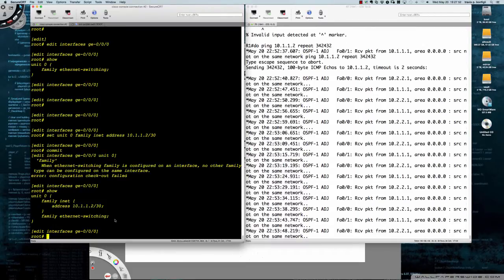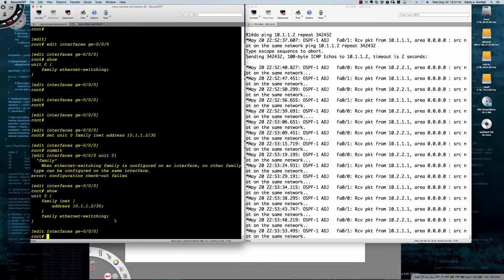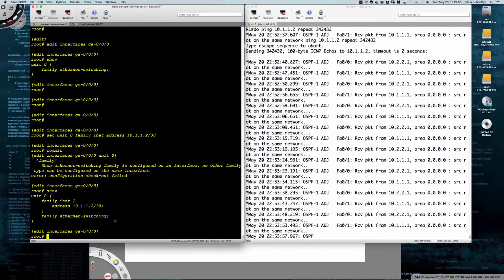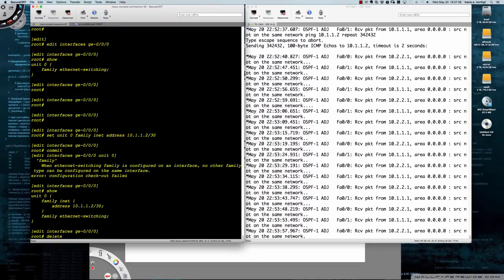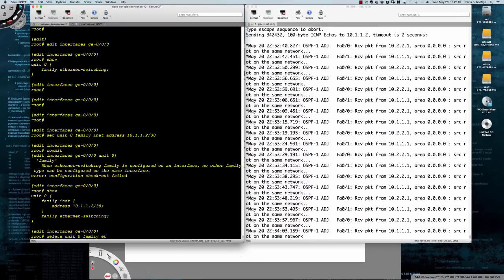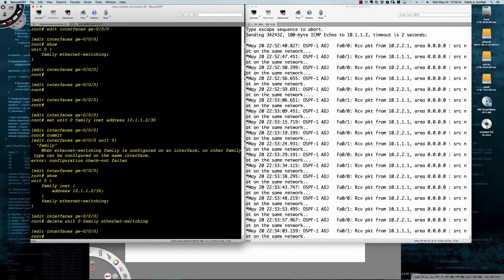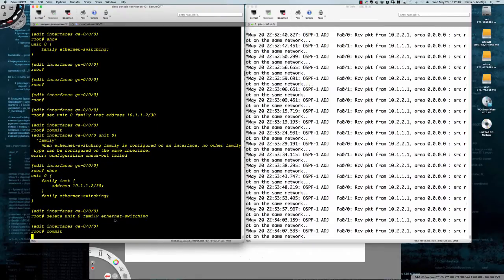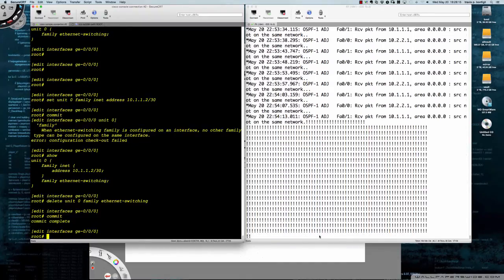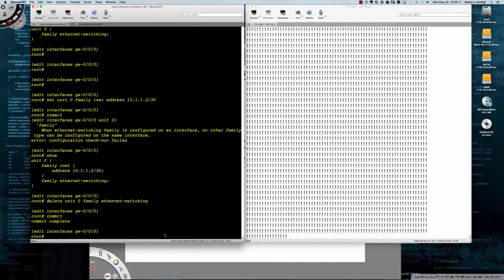And so in this case, we want this to be a layer 3 port. It's a multi-layer switch. It'll support that. We just need to go ahead and clean up the entry for the family Ethernet switching, right? So now let me go ahead and commit, and let's see what happens. And what we should see here is as soon as the commit wraps up, and there we go. As soon as the commit took effect, the interface was fully configured,